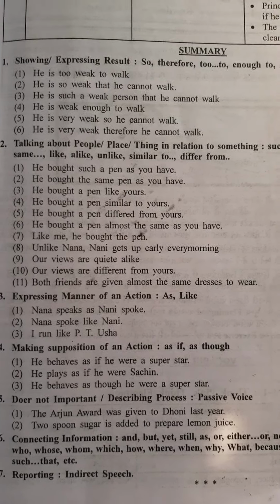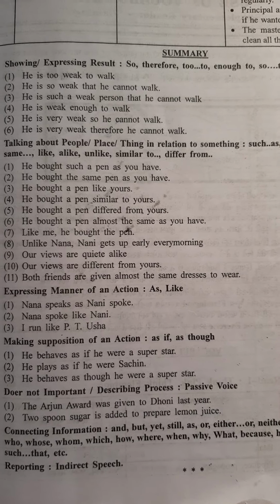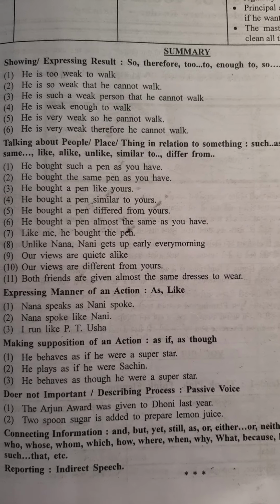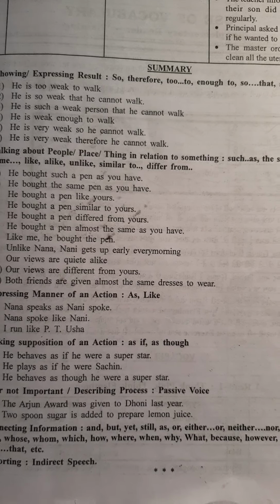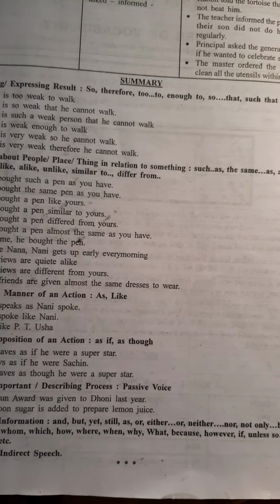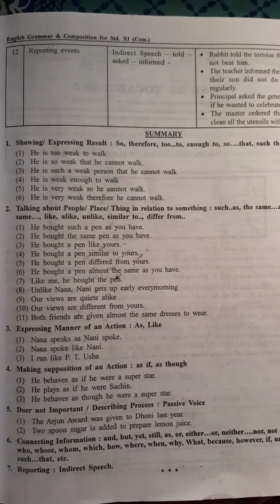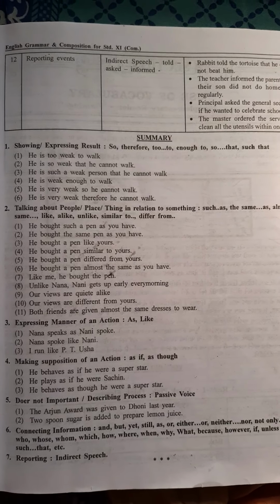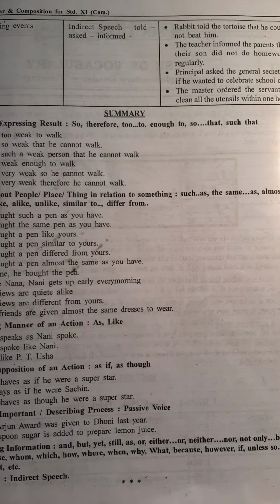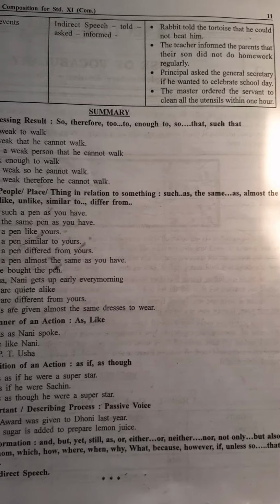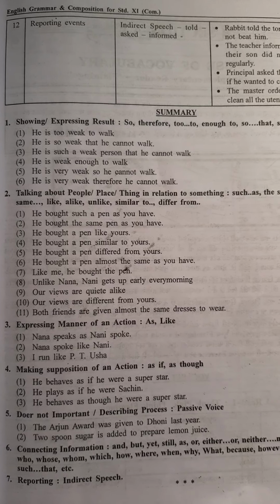Okay, connecting information. It is like a conjunction where you connect information, using and, but, yet, still, as, or, either, neither, nor, not only, but also. Who, whose, which, how, when, why, what, because, however, if, unless, so that, such that, etc. Now reporting, that means indirect